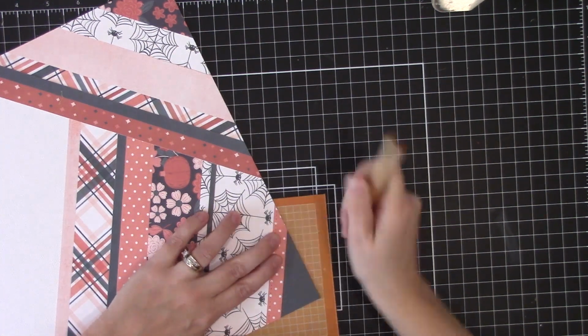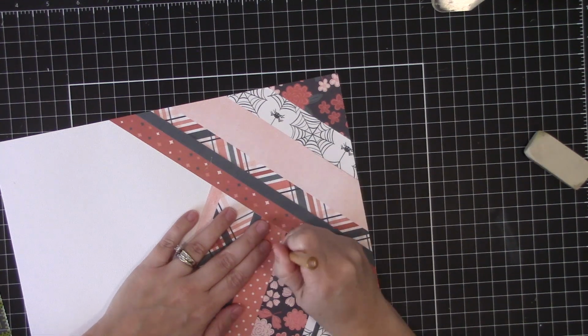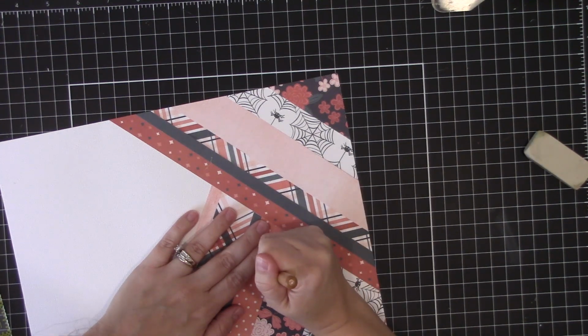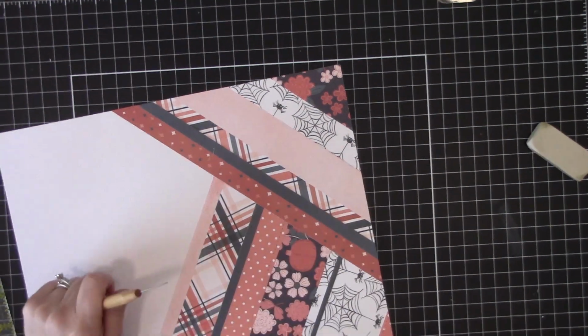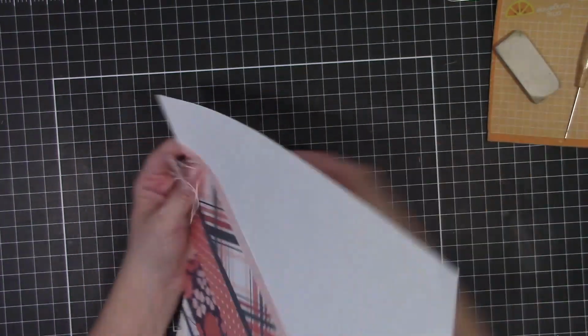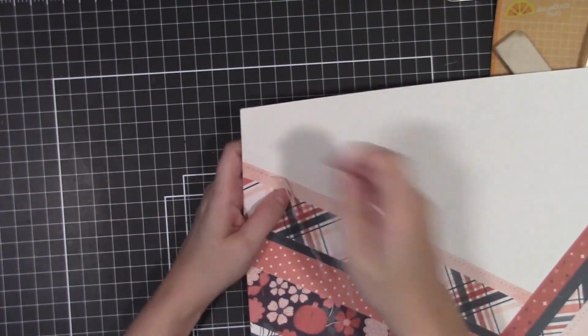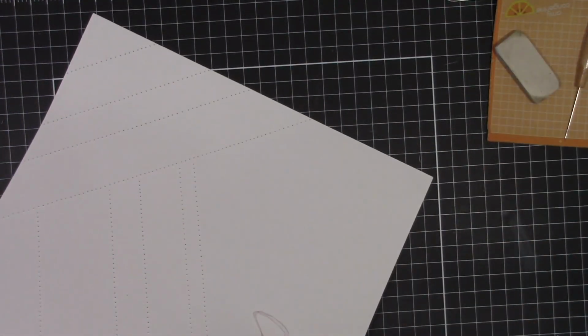So I would prefer to see it. I did struggle a little bit to see it on this black, so I left some of this in just so you guys can kind of see the hole poking, and then I get to stitching. I did take this downstairs to do the majority of the stitching, but I brought it back up to kind of show you guys